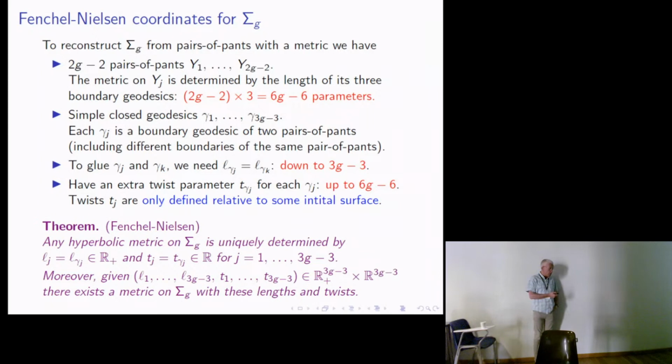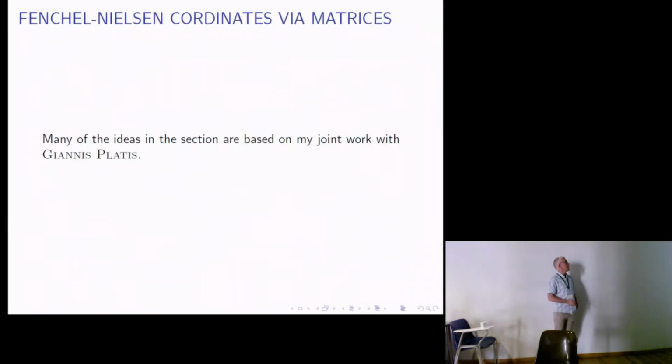This is the theorem of Fenchel-Nielsen. Any hyperbolic metric is uniquely determined by all of these different lengths, which are positive real numbers, and the twists, which can be positive or negative. Moreover, if you give me a set of numbers that are 3g minus 3 positives and 3g minus 3 reals, then I can build you a surface. Now, that condition goes away for all of the generalizations. That's pointed out for the quasi-Fuchsian case. We know that the boundary looks like a fractal curve, and so there's no way I would get some algebraic conditions for that. Right, so that is the end of the first chapter.